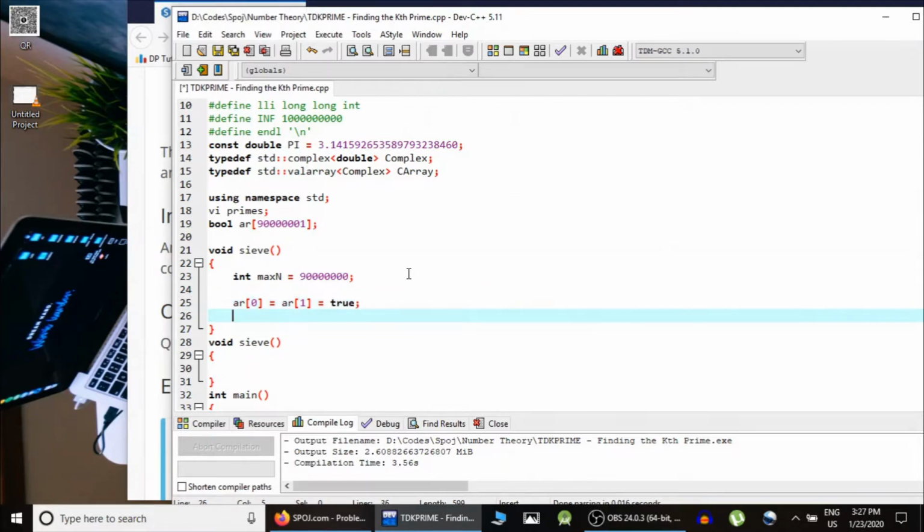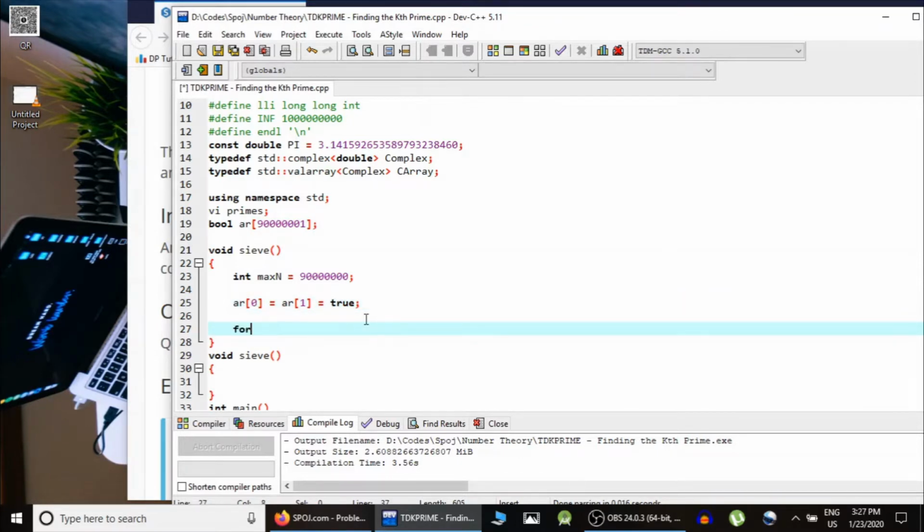In this case, if the ith index is false, it means it is a prime. If the ith index is true, then it is not a prime. So at index 0 and index 1, I have saved true because 0 and 1 are not prime numbers. So we would start from 2 and go till square root of max n,